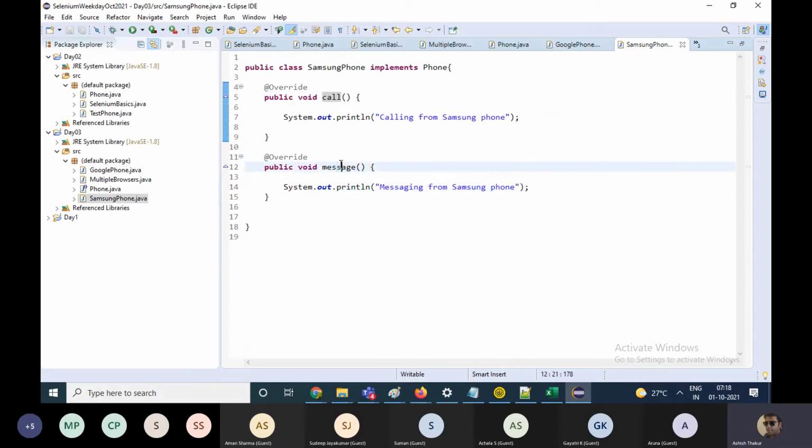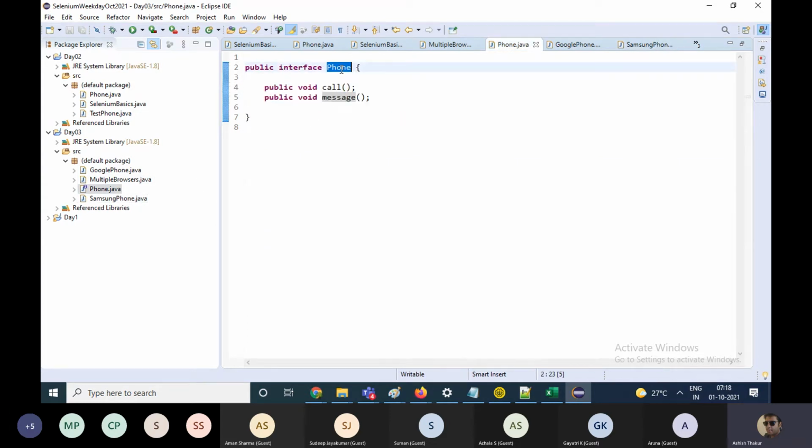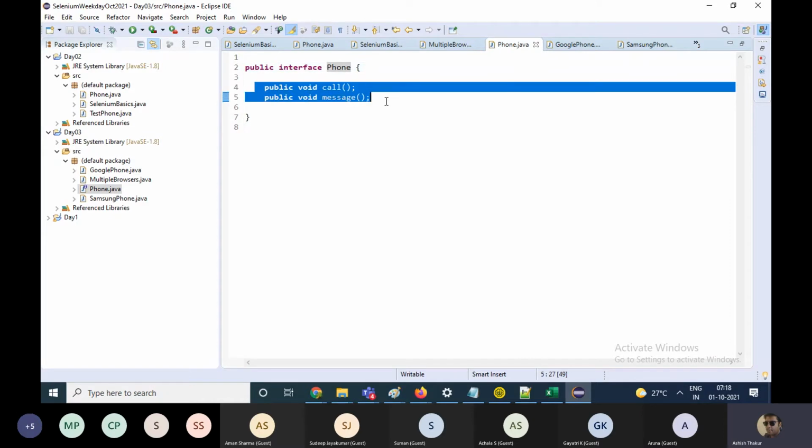So if a layman joins your project and looks at the phone interface, he will come to know that whatever classes are implementing the phone interface will certainly have these two functions for sure. So comprehending the project becomes easy.